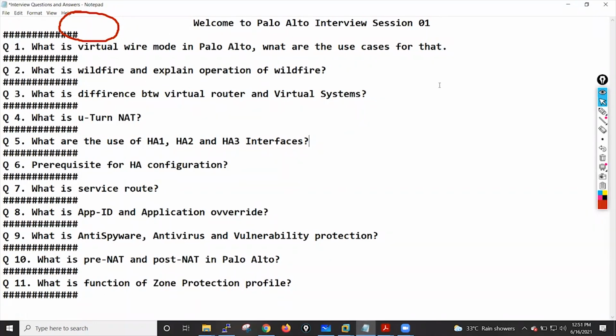Let's suppose you have gone for an interview and the interviewer has asked one question: what is virtual wire mode in Palo Alto? What are the use cases for that? If someone has asked this question, how will you explain? So the thing is,